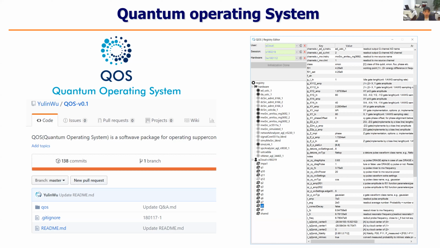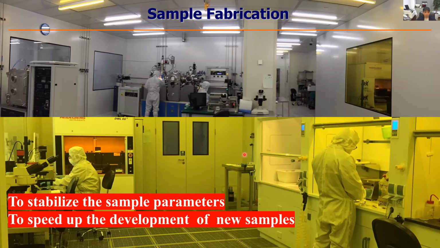Another important thing is that we have to make such processors. We can use microfabrication machines from the semiconductor industry, but the key problem here is that what we control is a single quantum, which is very weak. We have to consider a lot of noise channels, we have to stabilize all the parameters in such samples, and we have to speed up the development of new samples. So we built our clean room, and we upgraded it many times. Finally, we can achieve good quantum processors.